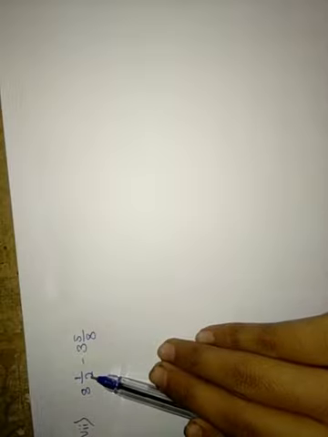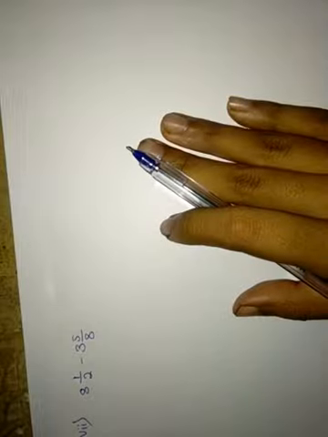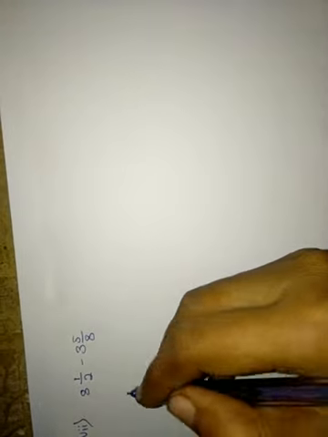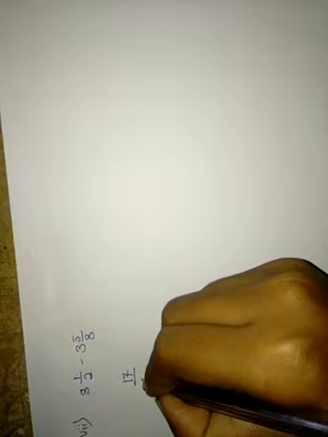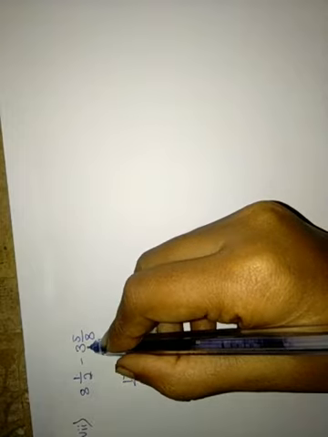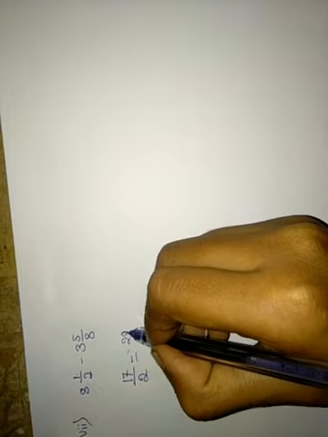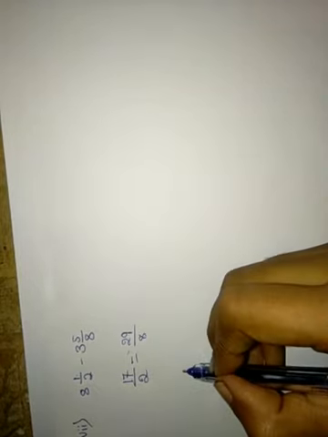Seventh problem, 8 integer 1 by 2 minus 3 integer 5 by 8. We have to do the same process as we have done in the sixth problem. Again I will multiply the whole number part and the denominator part. 8 2s are 16. For that I will add the numerator value. We'll get 16 plus 1, 17 divided by 2, that is equal to, again 8 3s are 24. 24 plus 5 will get 29 divided by 8. Sorry, this is minus.